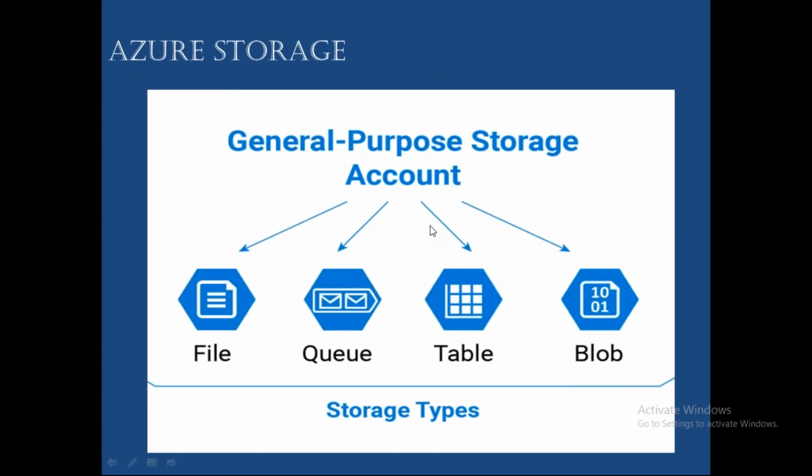Azure storage. As we discussed just now, under Azure storage you will have file, queue, table, and blob. File is for sharing files between on-premise and cloud, and queue is for the messaging service. If you want to send any messages, you use the queue. Table is to store your structured data. Blob is for storing your unstructured data, such as images, audios, videos. It can be CSV, Parquet, XML, anything. You can upload any type of file into the blob storage.